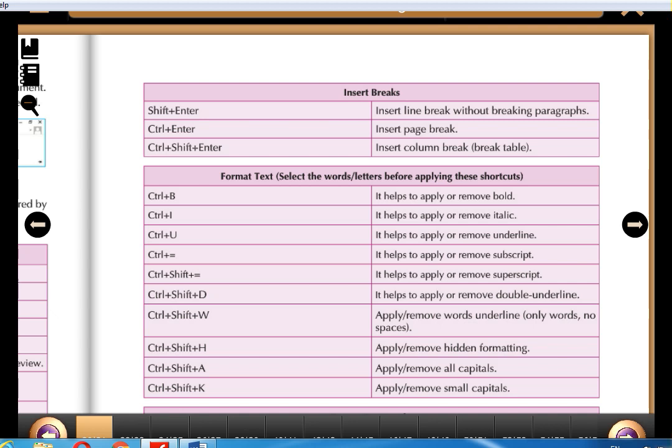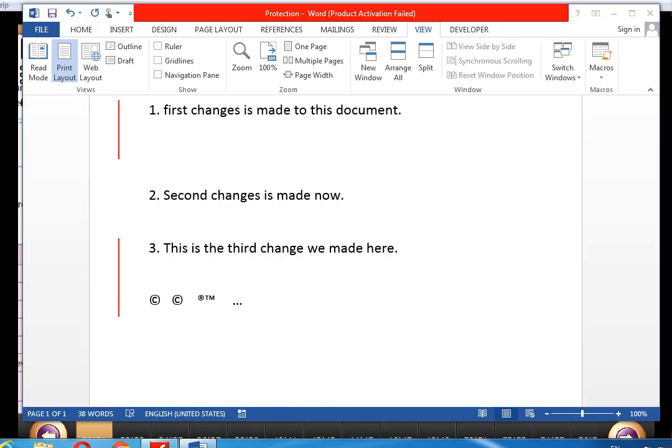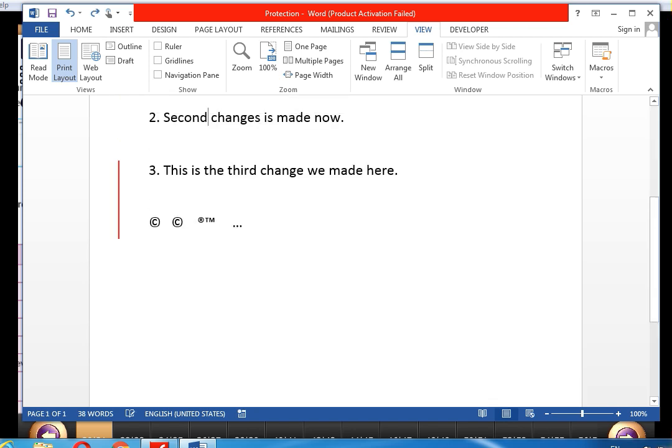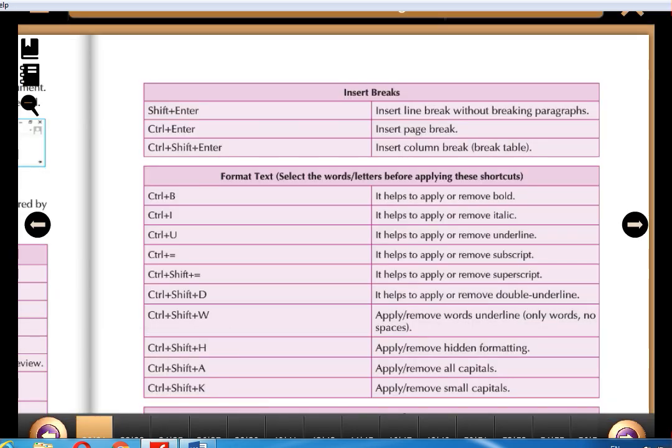Control Enter inserts a page break. Control Shift Enter inserts a column break. If we press Control Shift Enter here, the column break will be made. So in this way we can use the control shortcut keys.